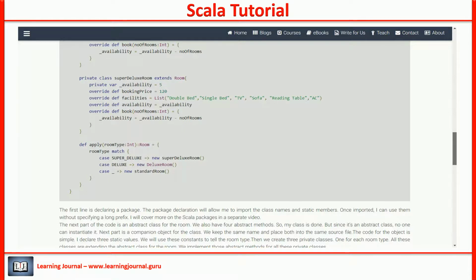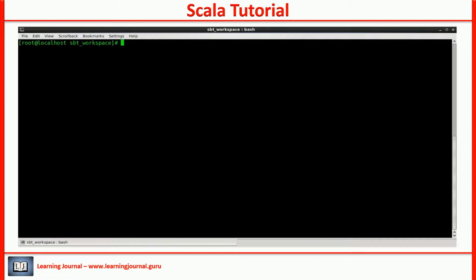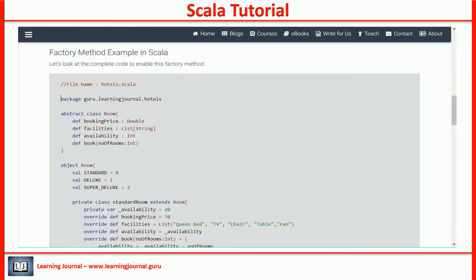Let's test this code. We have been working over REPL. However, I want to keep this code in a source file and compile it using SBT. The process is simple, and I have already covered it in the first section of this training. Follow these steps. Create a project directory. Create a Scala source file and place the code in the file.